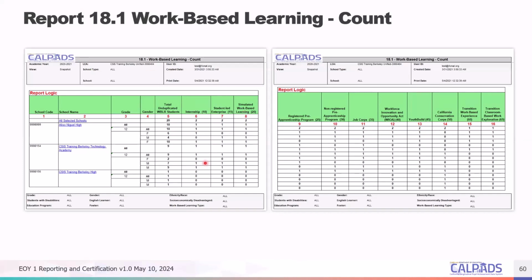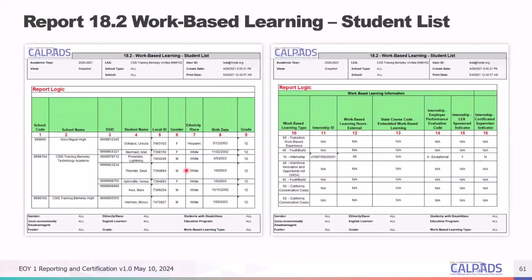Okay, so you have your internship, student-led enterprise, simulated work-based learning, all of those good things. And then 18.2 is your student list, provides you the type of work-based learning, the internship ID, and the specific hours that those students met based on the work-based learning hours that you've submitted for those students.